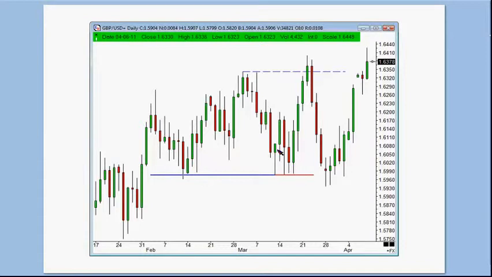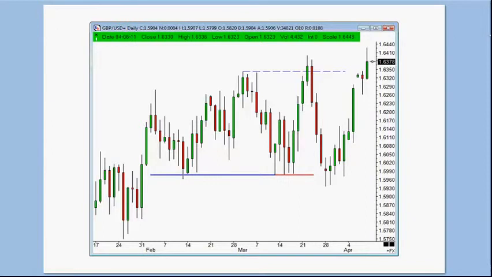Because we had a hammer. You can see this was just a logical move, if you will, at a support area. And this candle right here happens to be a bullish engulfing. So, Brett in Golden, Colorado, hopefully this is helping you out with regard to details of bearish and bullish engulfing candles, because I've got them both right here on this Great British Pound chart. What I want you guys to get comfortable with is that it won't matter whether this is a currency chart, a futures chart, or an ETF, because the formations work the same. And when you see that transition, from my standpoint, that's actually a cool thing.